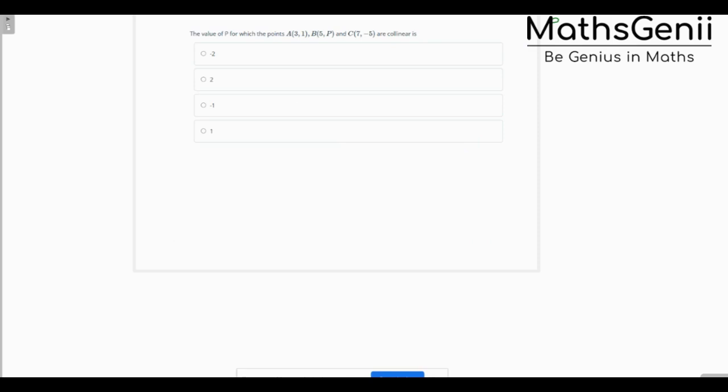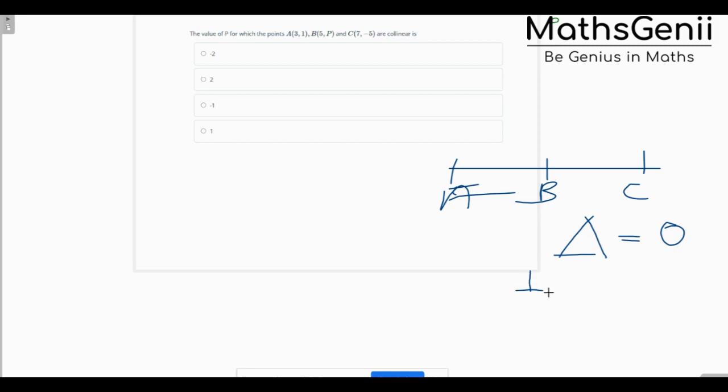Now, this is the last question for the day. And again, I'm going to tell you a shortcut trick to solve this question, so that it does not become lengthy, because it's just a 1 mark question. It's better to solve it with shortcut. Even with shortcut it is lengthy. So it says that ABC are collinear. Collinear means what? They are lying on the same line. A, B and C, all of them are on the same line. Therefore, which means if they are on the same line, then their area of triangle is 0.